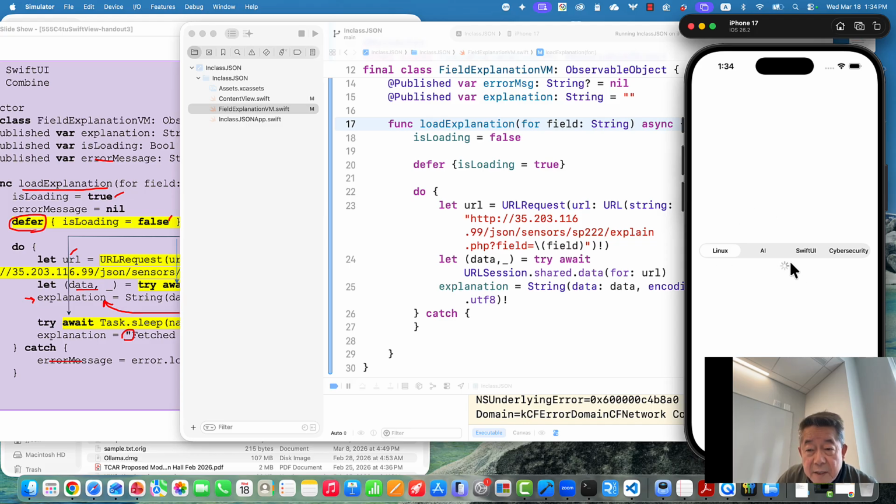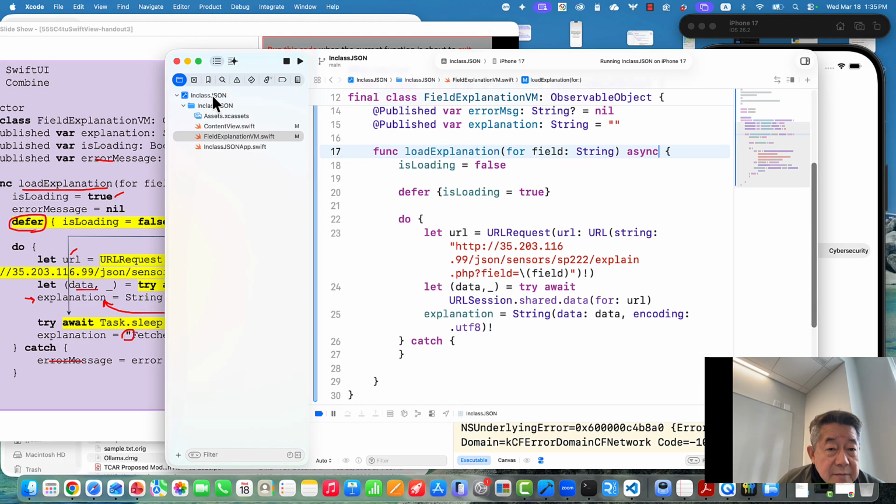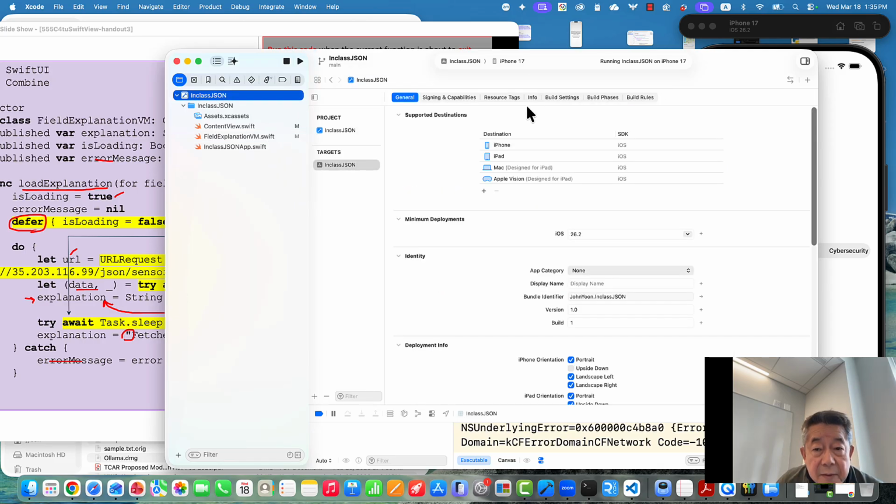So it takes time, still is loading. By default, it comes from this Linux. So Linux will become here. It takes a while. Oh, by the way, I guess it is because of, yeah, it has an error, right? This error. Remember that error should be fixed from here. And the info,